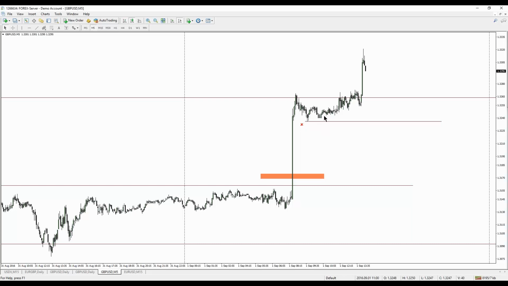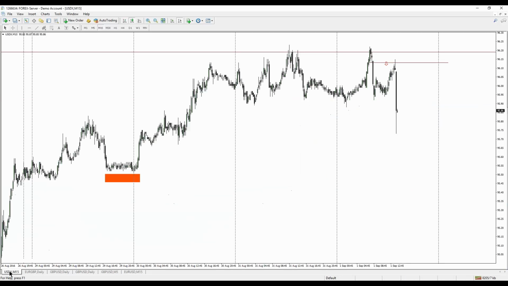because as we are consolidating, it's reasonable to expect anyone that would have been lucky enough to get long down here, once we create a swing low, they're going to want to jam at it and protect all this open profit. As it were, you can see that there was no interest at all for them to want to do that. They drove it up right from there. So let's go over to the dollar index real quick, and we'll see.